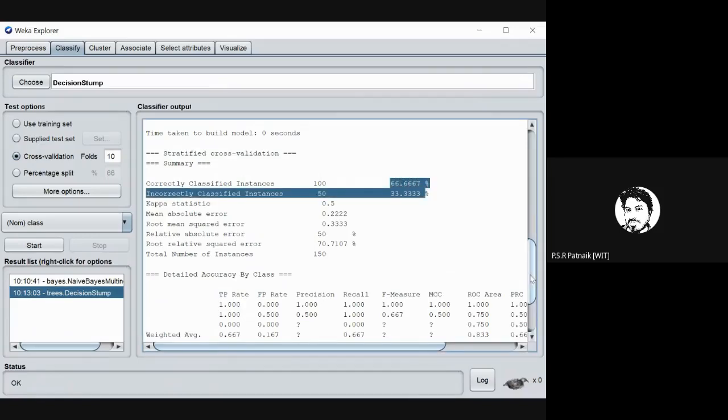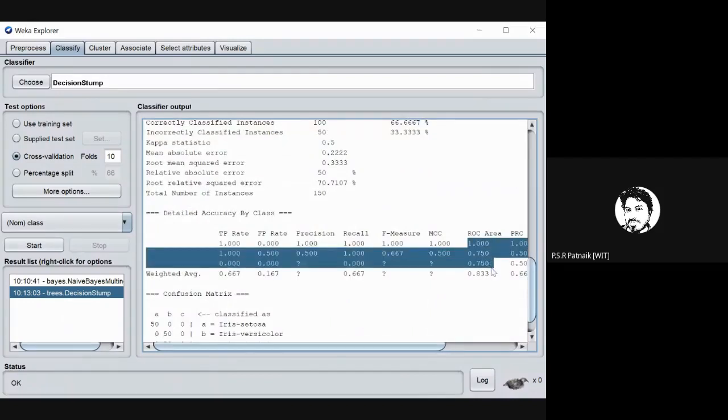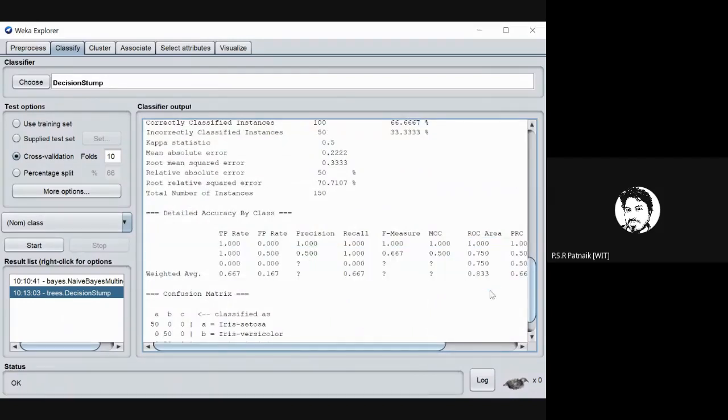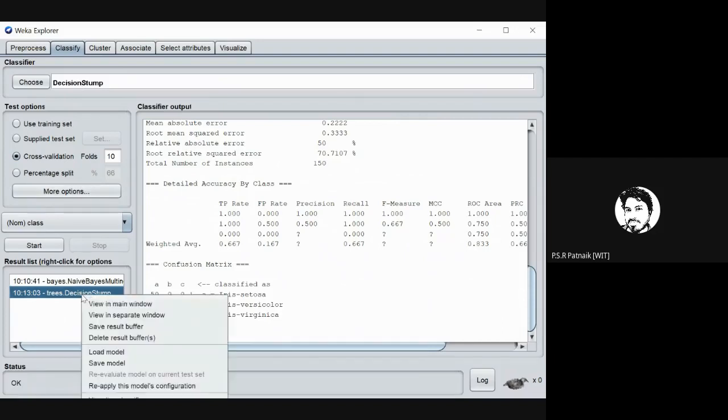Accuracy has dropped. Look at these ROC values. Do you see these values here? Are they better compared to that? As compared to the performance which I got for naive Bayes, these are not acceptable, I would say. These are not acceptable to us. So I have applied a simple tree based algorithm, right? Now it is very important to know that whenever you apply a tree based algorithm, you can always visualize the tree.